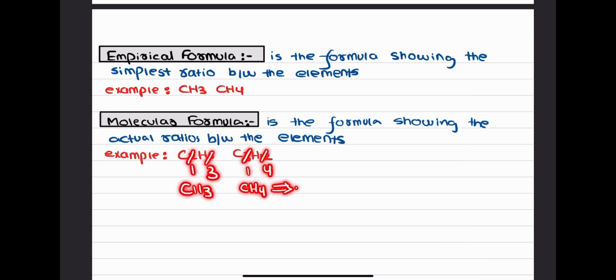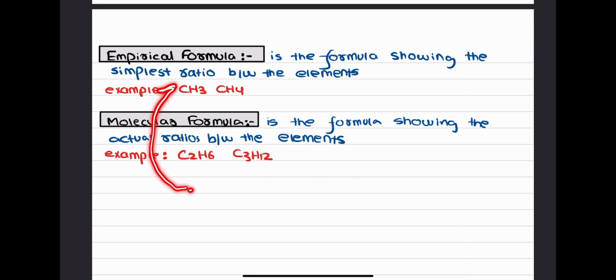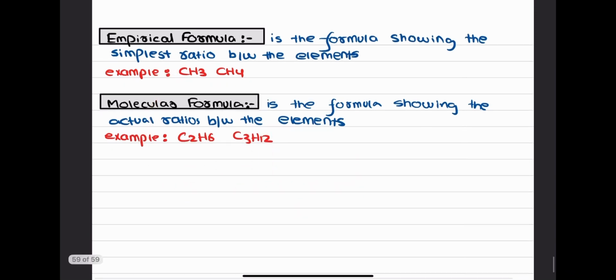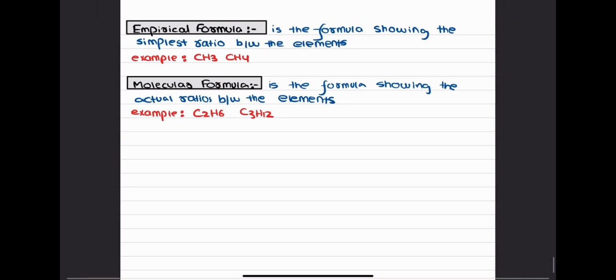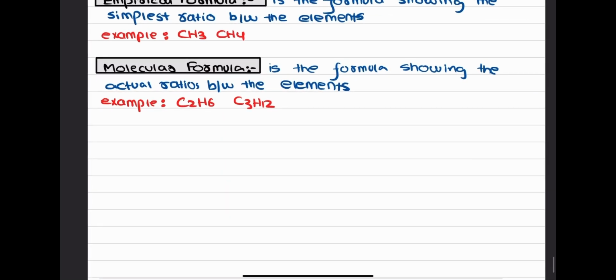Now, this is the empirical formula. As you can see, I compared it with this. So this one is the molecular formula of this one, and this one is the empirical formula of this one. Understood? Now, our next thing that we will discuss is